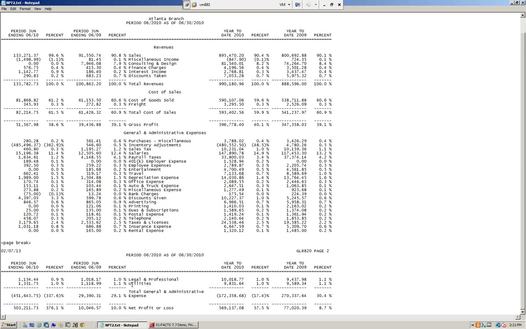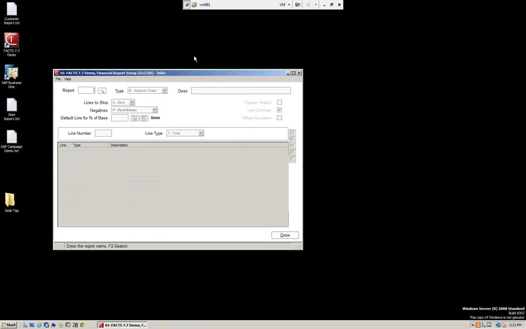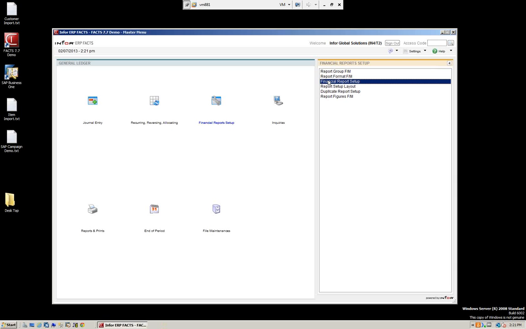Now, we could have down here some miscellaneous income and miscellaneous expense, so I would have to do the same thing. I have to take revenues minus cost minus expenses plus miscellaneous income, because it's a type of revenue, minus miscellaneous expense, and then get my total. And again, we can see this information here. It's because that's the columns we chose. And we can see that kind of holds true if we look at